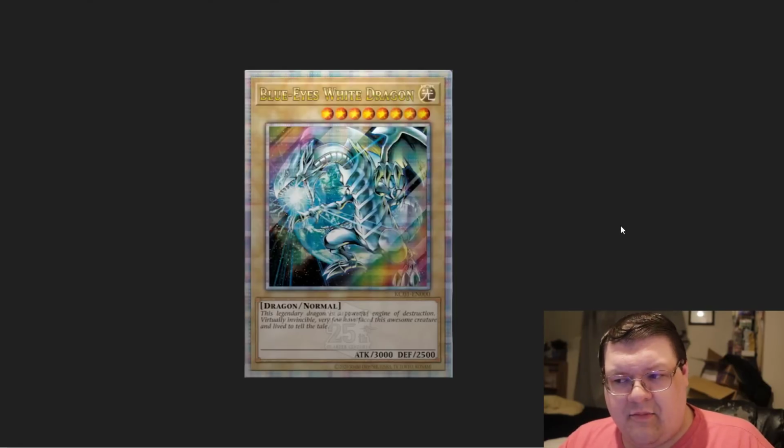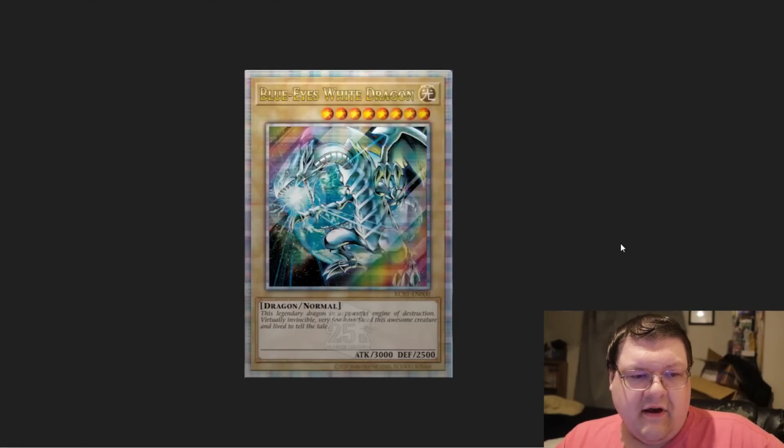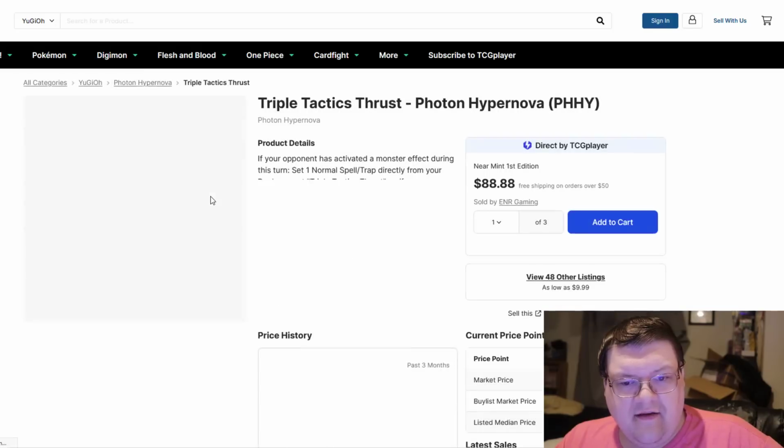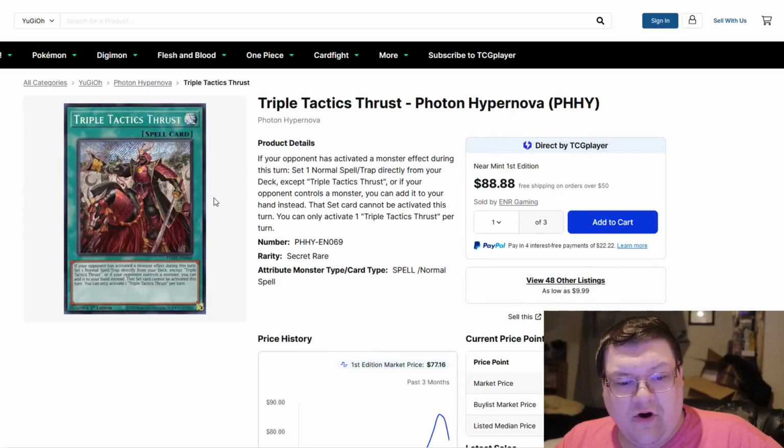So if you haven't got your Kyber briefcase, obviously it's a very expensive commodity. It's not something that I recommend the average duelist go for, but it is a nice little collector's piece to have. So, based on some things that have happened as of late, I'm waiting for official spoilers